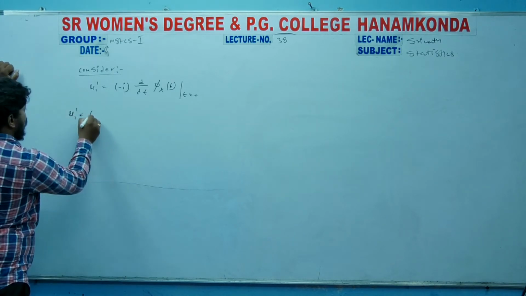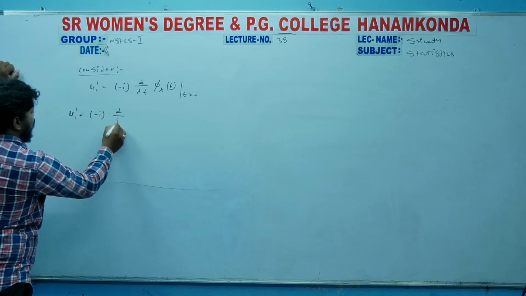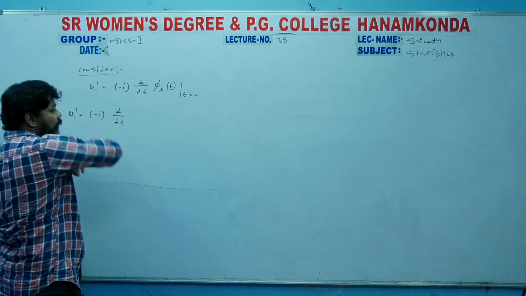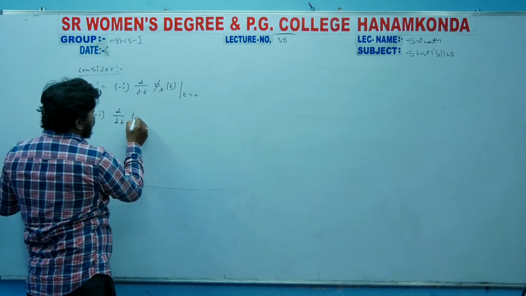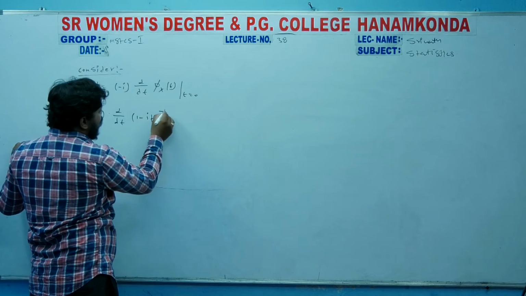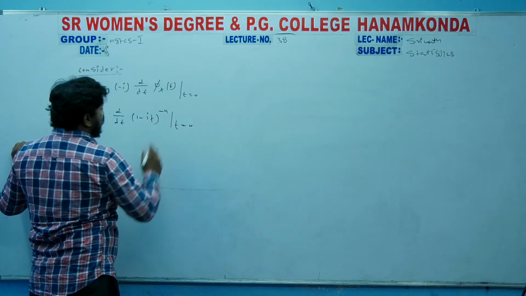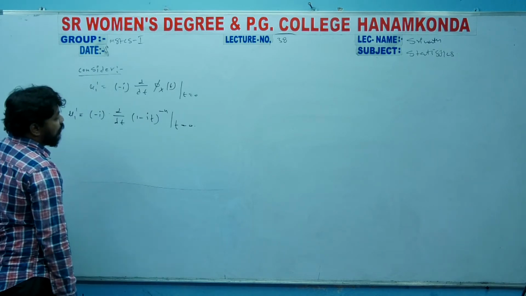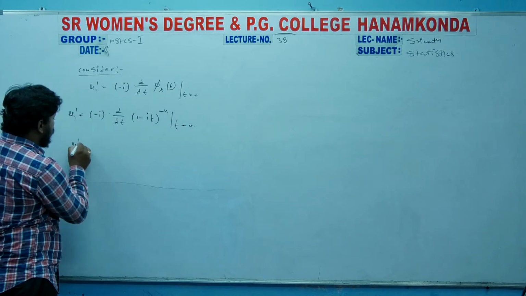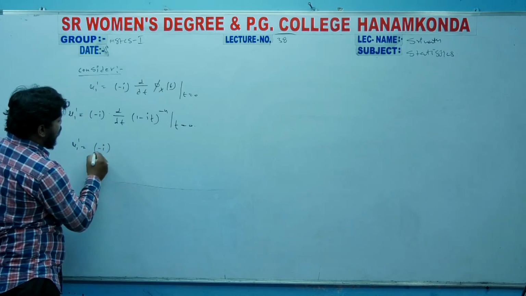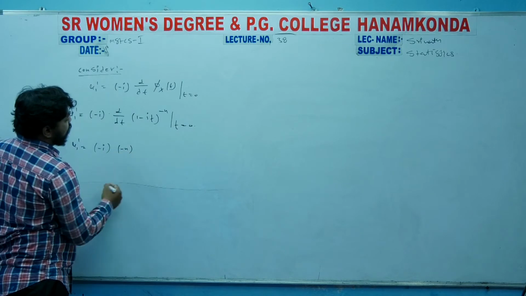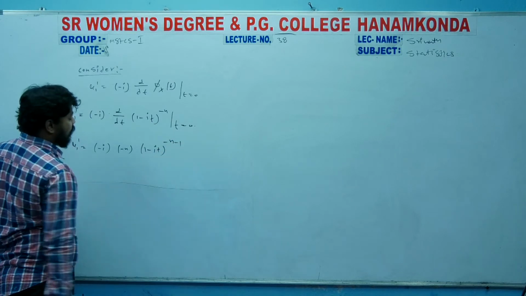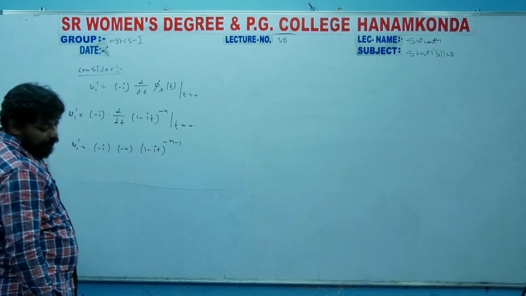So mu1 dash is equal to minus i into d by dt, and phi x of t is the characteristic function of gamma distribution, so we can write (1 minus it) whole power minus n at t equal to 0. And the derivative of (1 minus it) whole power minus n is minus n into (1 minus it) whole power minus n minus 1,